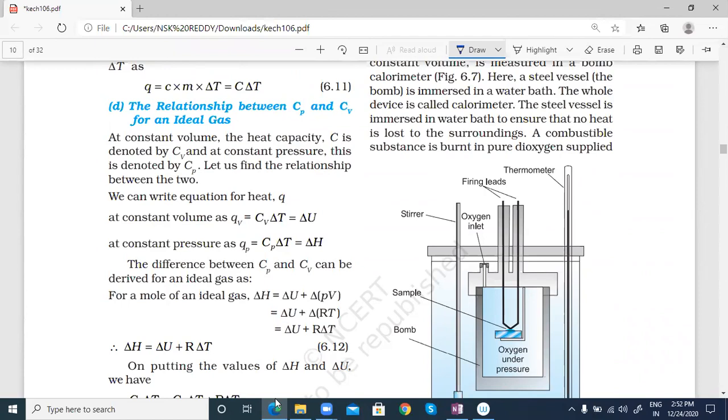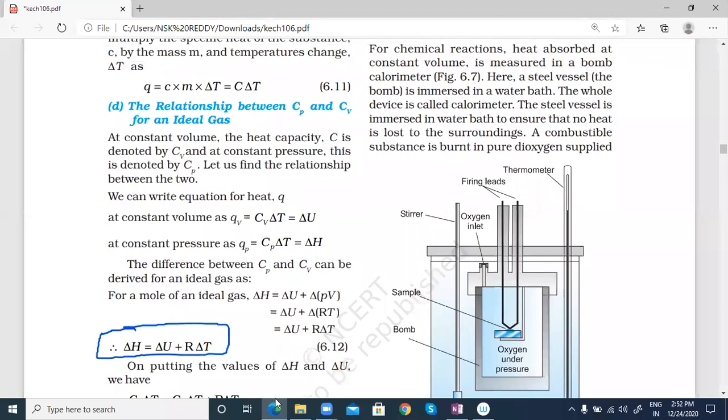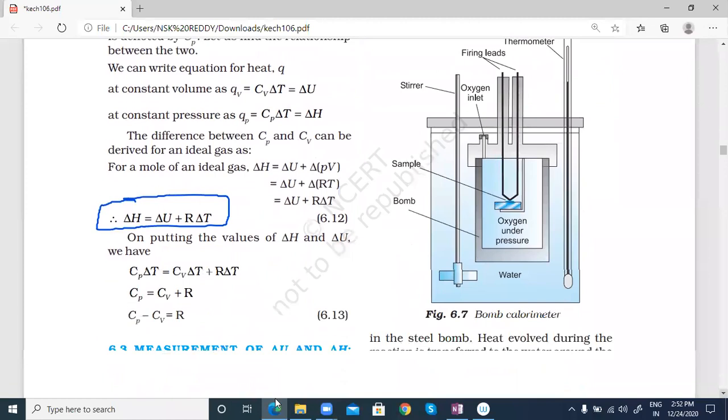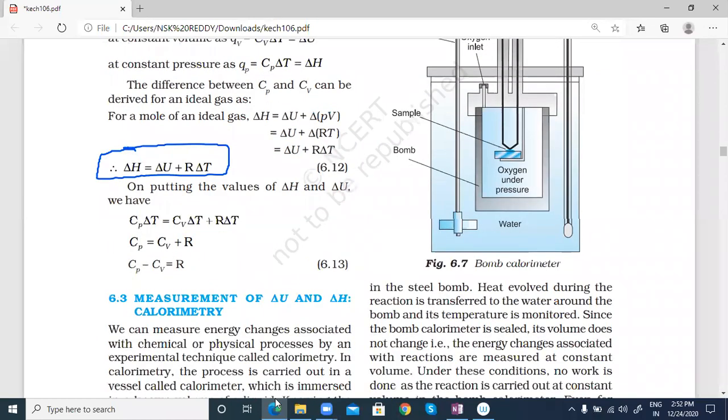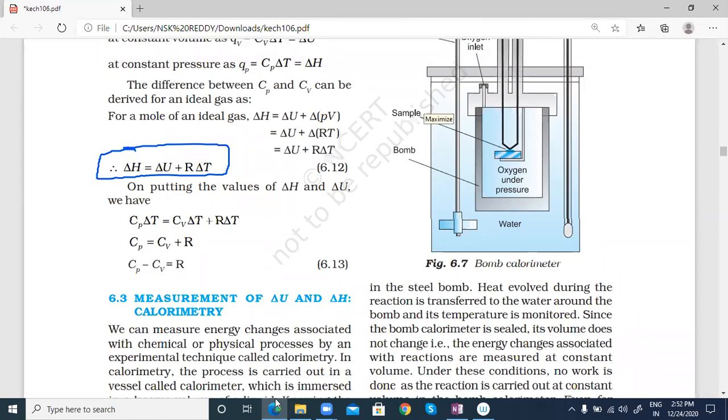The setup here is very simple, sir. This relation is already provided. Please check it. Can you check whether that relation is already provided or not? Delta H equal to delta U plus n R delta T. In gas state also I provided. Check your notes. I think I gave everything. I mostly don't leave anything out. 99%. By mistake, if anything is missing we can't say, but 99% I don't leave anything.